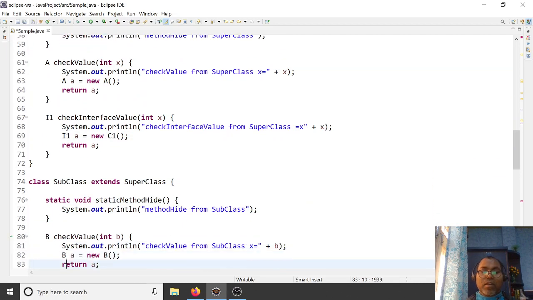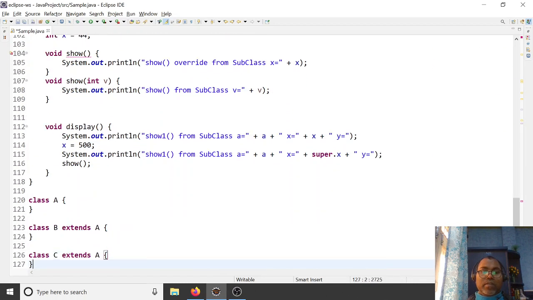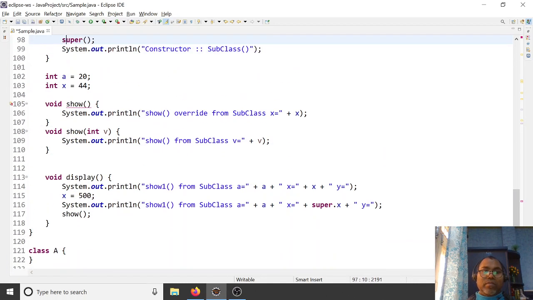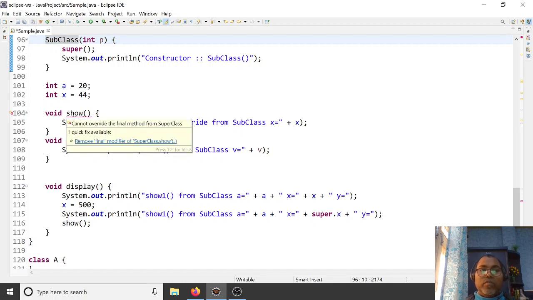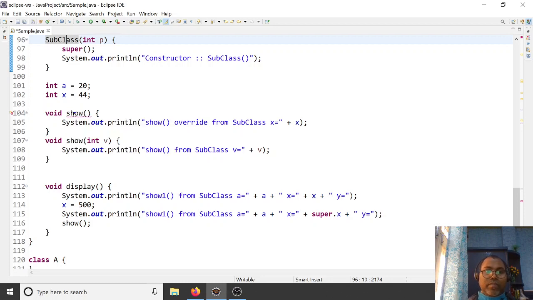Then you get the message: cannot override the final method from a superclass. If you want to restrict this, so that my method cannot be overridden by the subclass, you have to mark it as final. Please note this.